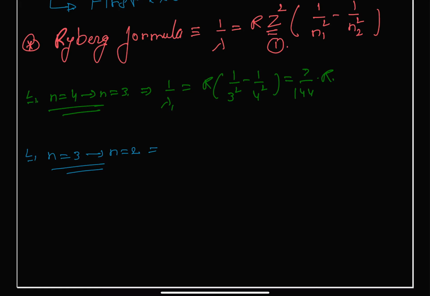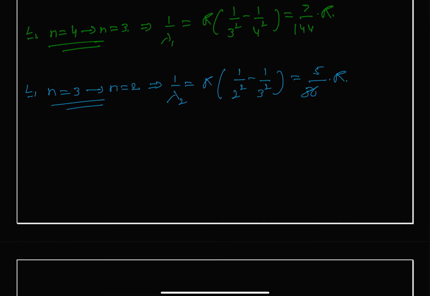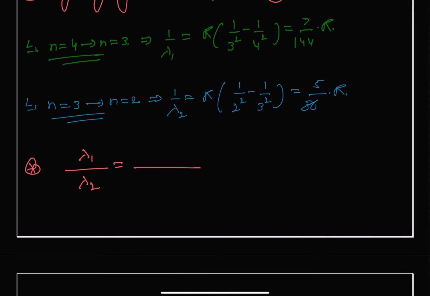Under this condition, the wavelength is our lambda 2, so 1 upon lambda 2 is equal to R (1 upon 2 square minus 1 upon 3 square), and this gives us 5 upon 36 times R. Now we are supposed to find the ratio, and you can see lambda 1 upon lambda 2 will be equal to lambda 1, which is 1 upon 144 times R, and lambda 2 is 1 upon 36 times R,